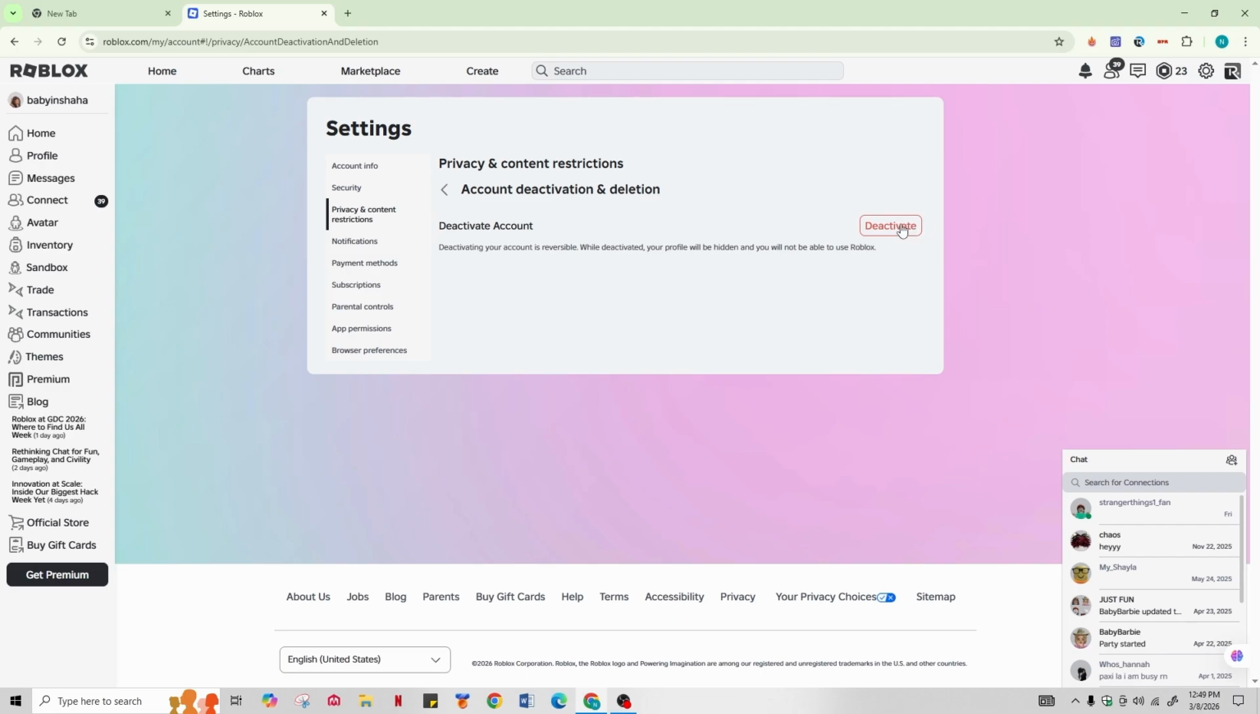Now here you'll get the option of deactivate. Remember that deactivating your account is reversible. It means that it's temporary. Your profile will be hidden and you will not be able to use Roblox. But if you log back in with your username and password, you'll be instantly logged in with your account. But this is temporary. So if you want to permanently delete your account, you need to go ahead and tap